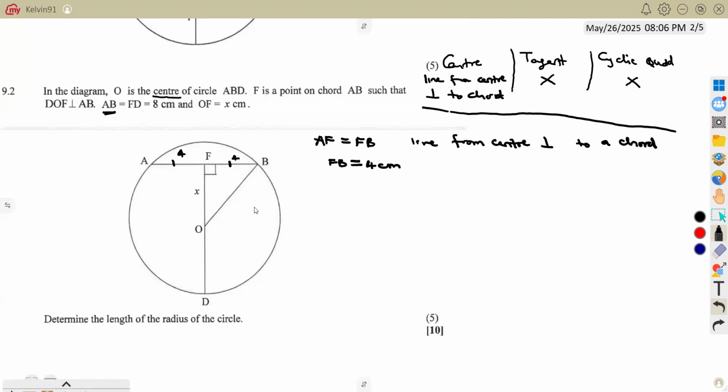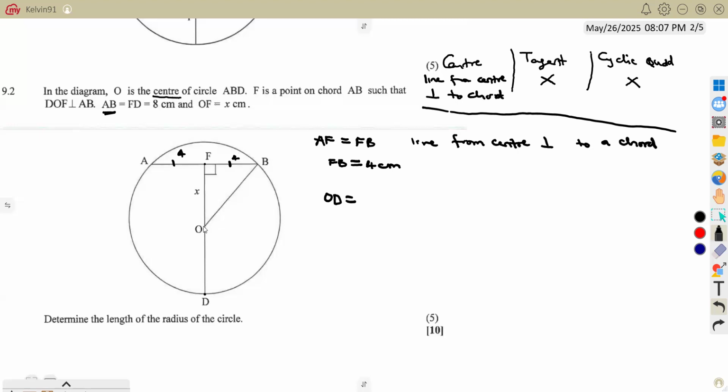Then, the question wants you to calculate the radius. You are also told that FD, this is F up to D, is 8 centimeters again. And we know the question wants you to calculate the radius. We know our radius OD is equal to